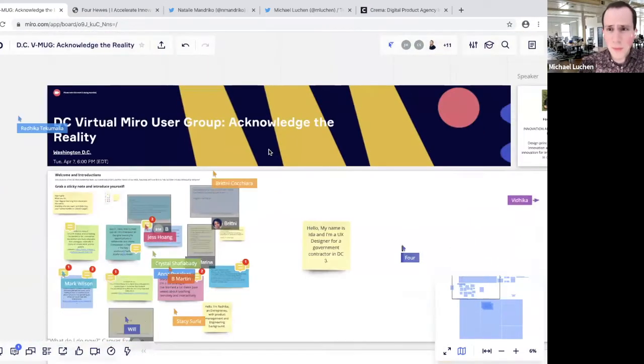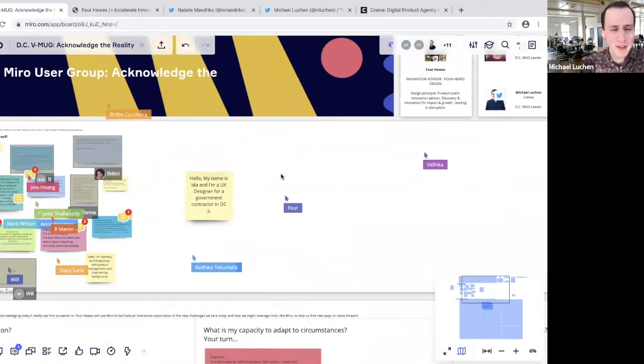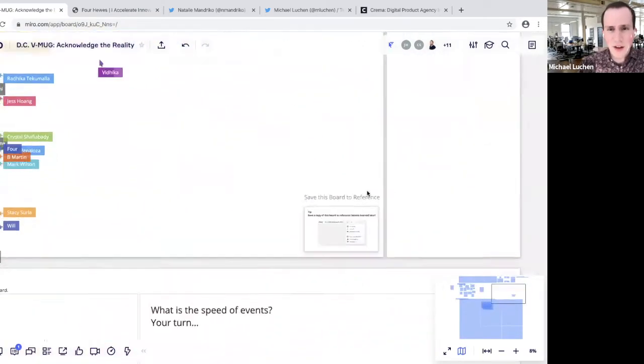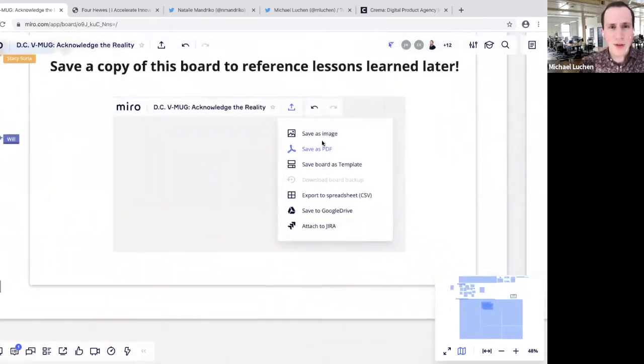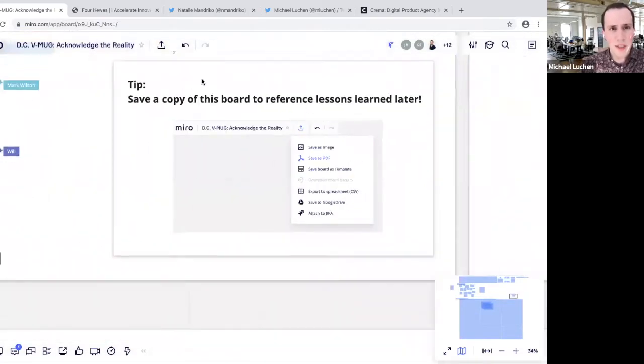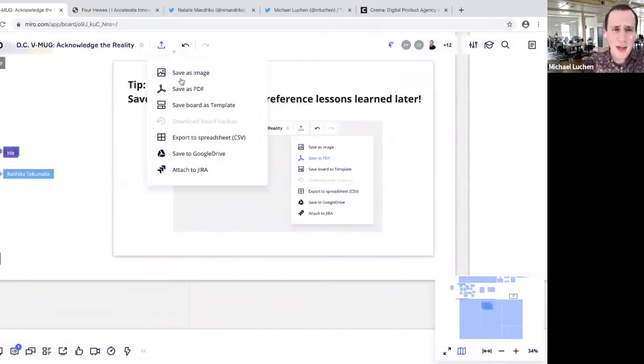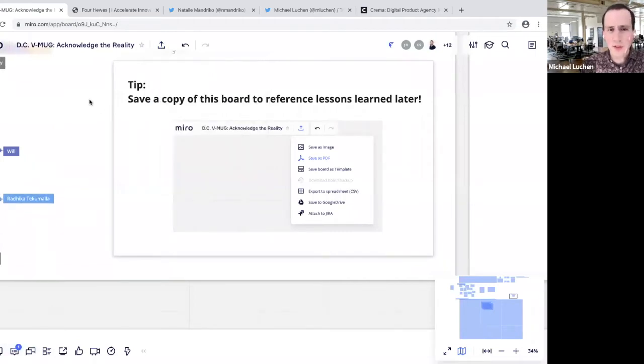Also, we're hoping tonight that there are a lot of great takeaways that you can get. Down here in the corner of this introduction section of the Miro board is a little tip on how you might save the takeaways. Up here in the top left-hand corner, there's an export this board button where you're able to export this however you wish and hopefully take away some really great learnings from tonight.